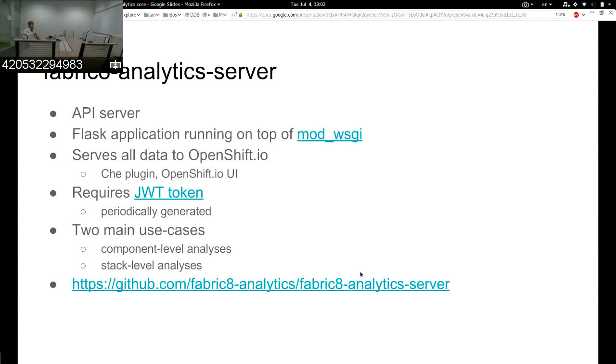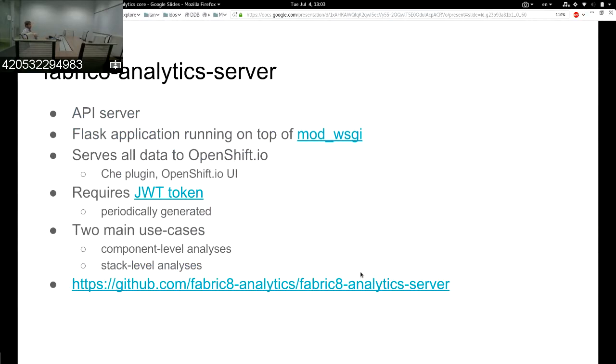It does not provide OpenAPI, but there was already discussion that we should introduce OpenAPI to fabric8-analytics server as well, to easily expose what data and what endpoints we have available there. It's basically fabric8-analytics server serves all data to OpenShift.io users. It serves data for chat plugin, for recommendations, also for OpenShift.io UI, and